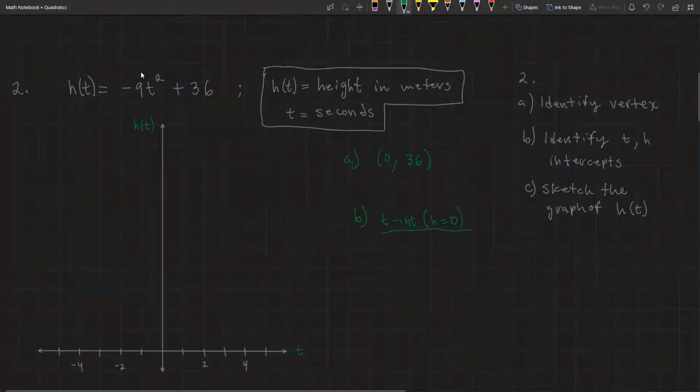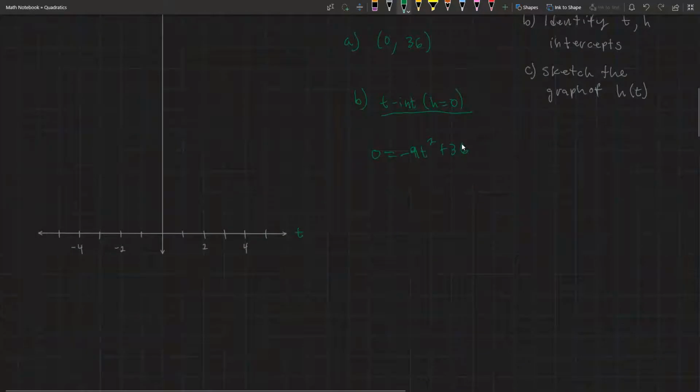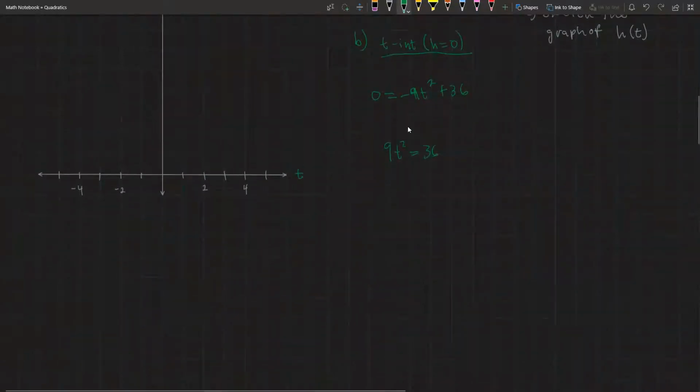Here's our original equation right here. So now we can say that 0 equals -9t squared plus 36. If you want to be a smart mathematician and efficient, please don't subtract 36 from both sides. The most convenient thing to do is add 9t squared, since this is a 0, to both sides. So we can say 9t squared equals 36. And that tells us that this 9 represents a vertical stretch of 9, all right? So this parabola has been stretched vertically,